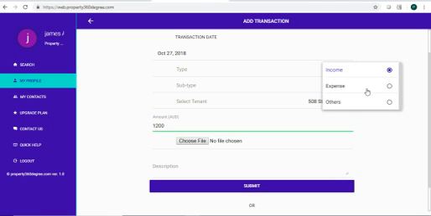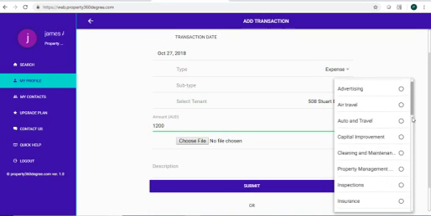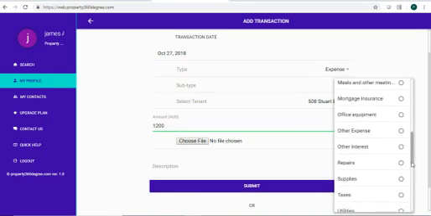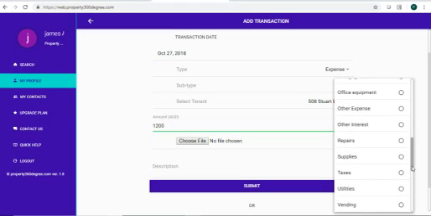The other thing is there are a lot of subtypes in the expenses. So you can see that, and there are a lot of subtypes which you can select as part of expenses, which helps you to capture all the details in a much better way. So I hope this video helps you to start adding your incomes and expenses with respect to properties,